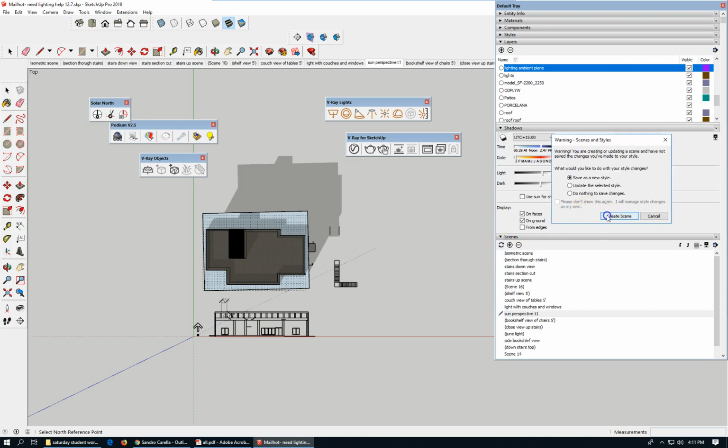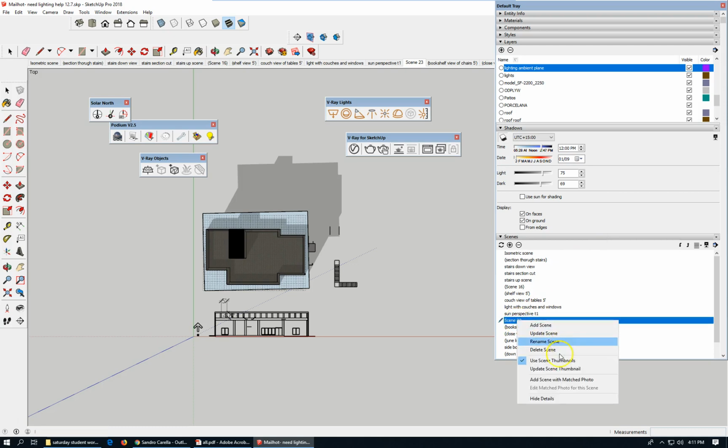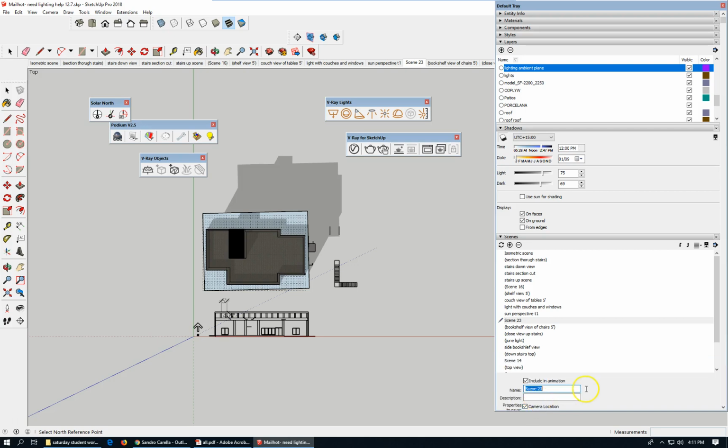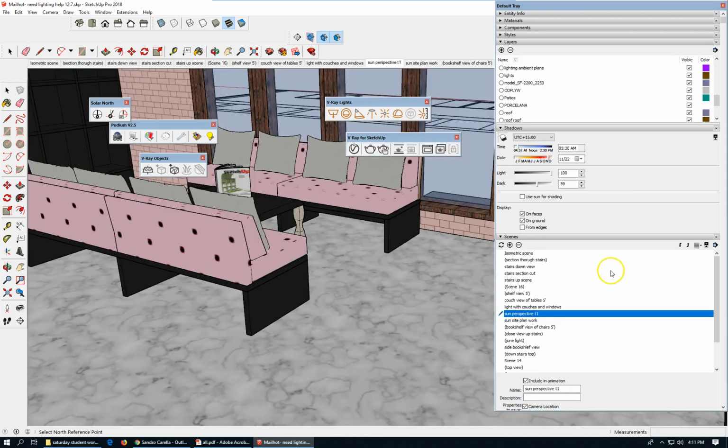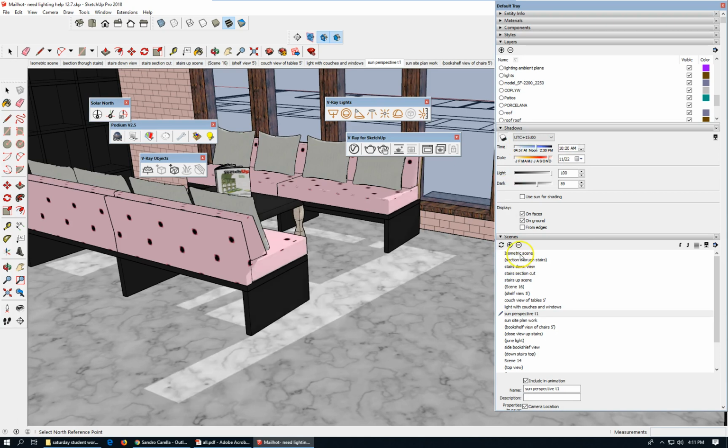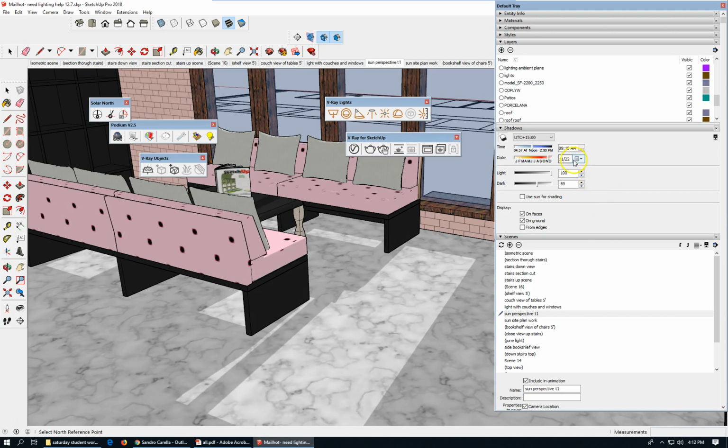Let's create. Let's save a scene. We're doing sun study, so I'll rename this to sun site plan work. So I'm going to go back to my perspective. Let's see if we can change the light to bring in some sunlight. And we're looking at morning. This is pretty good. So we're going to say